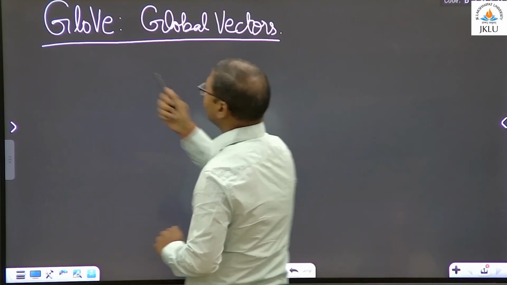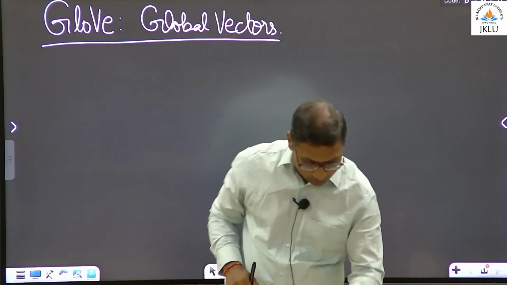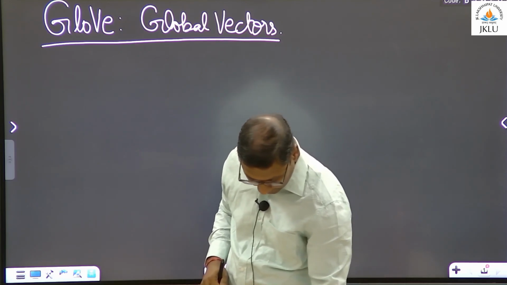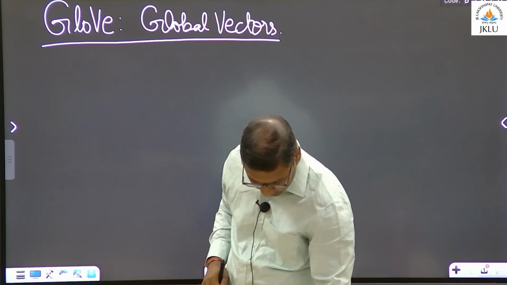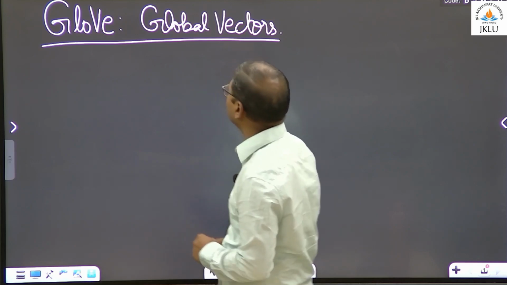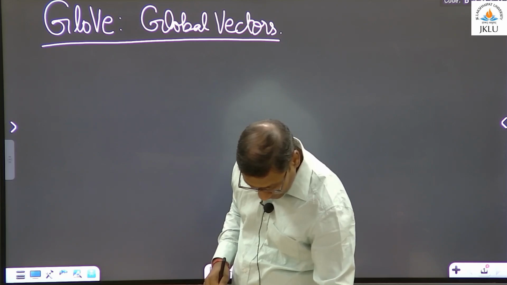So again, if you look for the GloVe paper, you will get it. It is by Richard Socher, Chris Manning and Jeffrey Pennington. Okay. So in this paper what they do is,